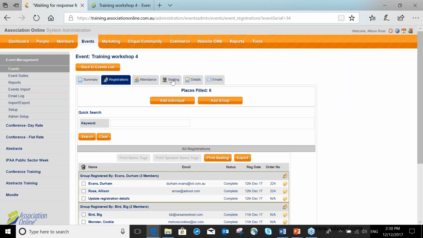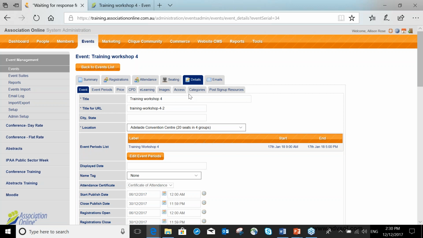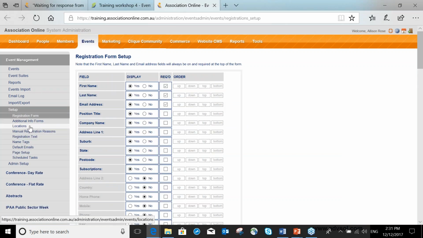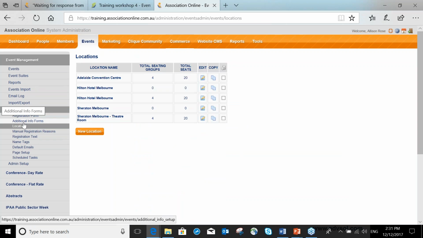In order to apply seating, what we have to have done first is selected the right venue, the venue with the seating allocations. This is pulled from the location section. So in the details tab under your event tab, there is a location field, and this is how your seating is managed. I'm just going to go into the setup area and show you briefly. Under setup, we have locations. Any venues or locations that you have for your events need to be added here first before you can choose them for that event,